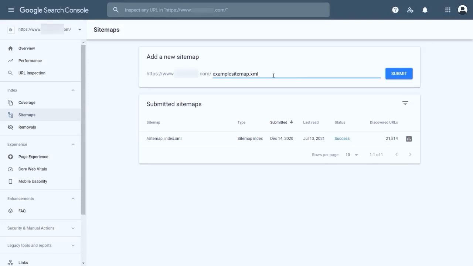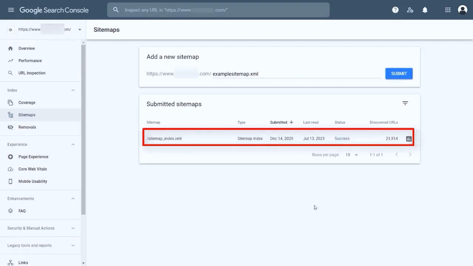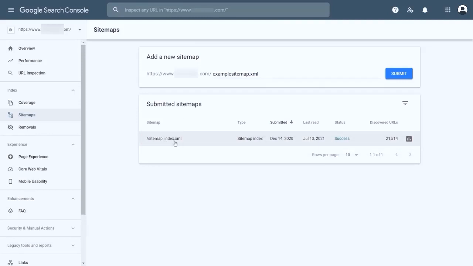After this, we can click on the submit button. In my case, I have already fetched my sitemap, so I'll skip it. The second option in the sitemap section is for submitted sitemaps. It will give you a bunch of information about the sitemap you have submitted, like the name of the XML file, type, the date on which the XML file was submitted, when was the last time the sitemap was read by Google, and the status of the sitemap access. Once your sitemap is fetched by Google, it will show the status as success. In total, how many URLs did crawlers find through your sitemap?